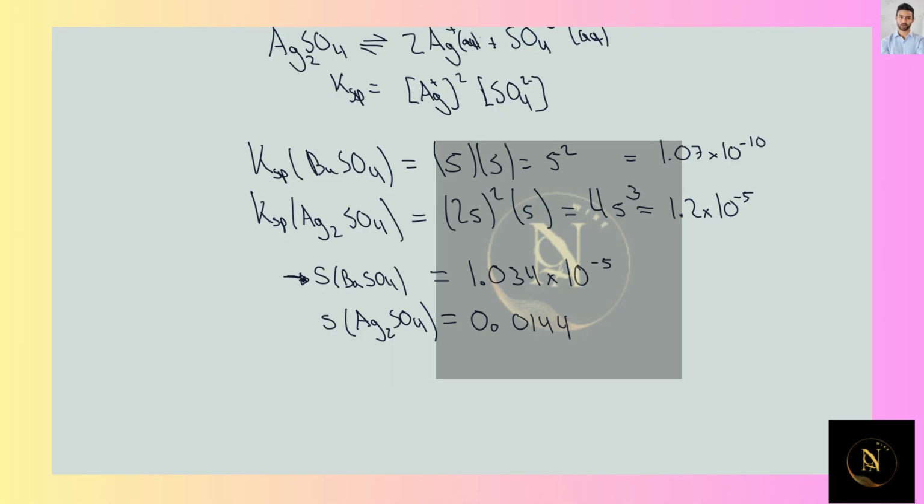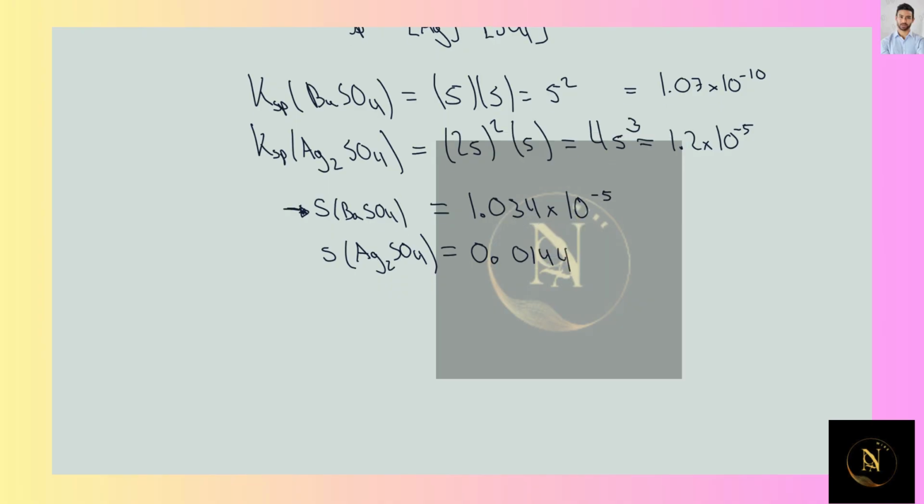Now, for solving the first question, if sodium sulfate is used to selectively precipitate one of the cations while leaving the other cation in solution, which cation will precipitate first? So the one that is going to precipitate first is the barium sulfate. Next up, what is the minimum concentration of sodium sulfate that will cause that precipitation? In order to know that, we know that for the barium sulfate,